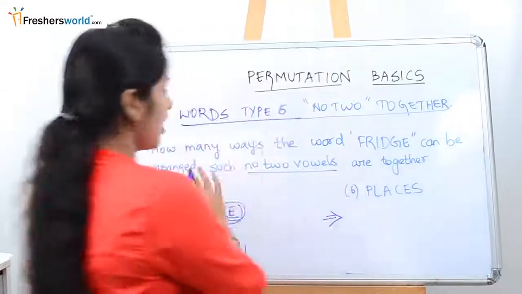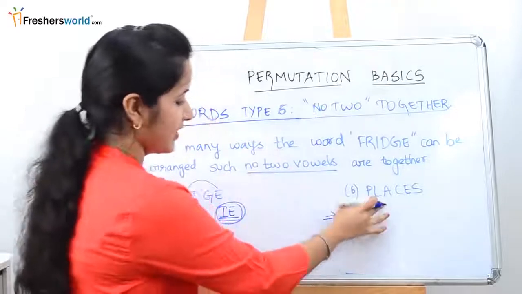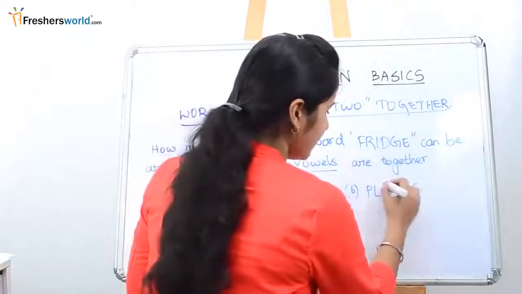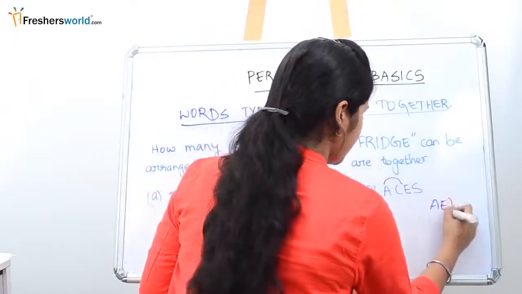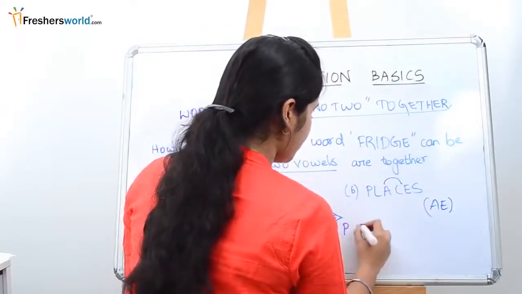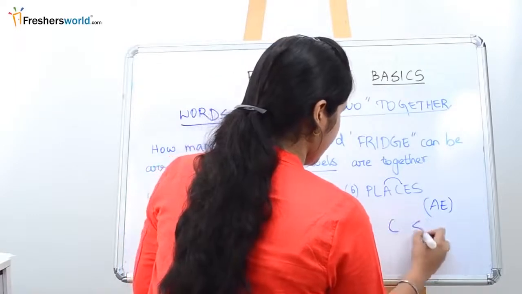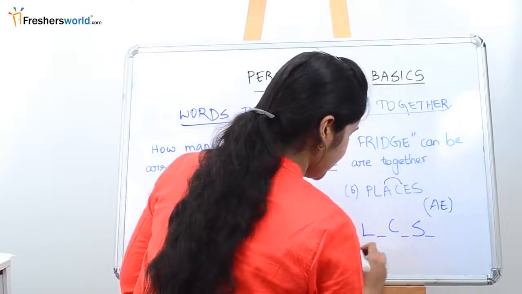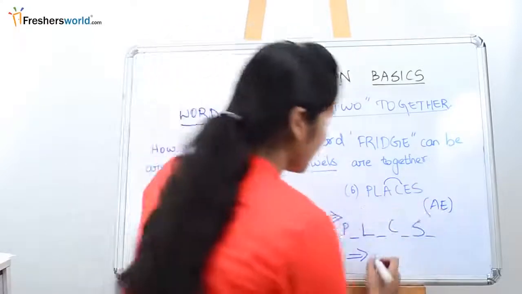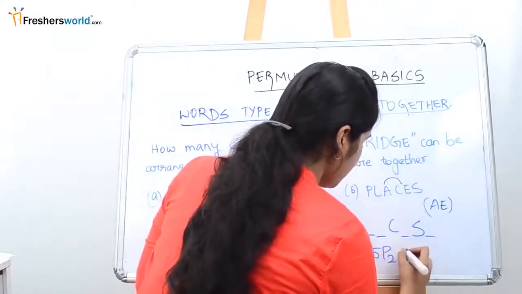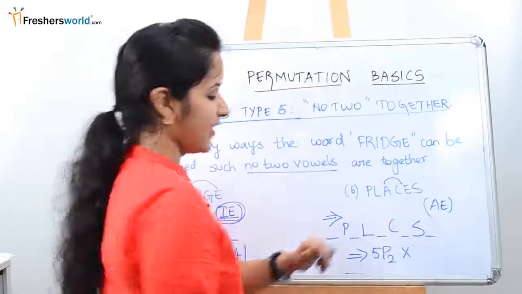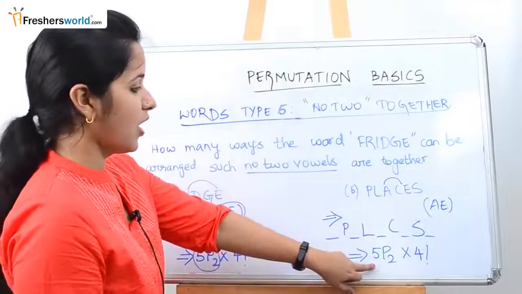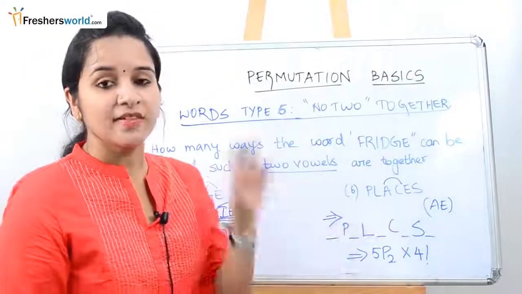So they are saying how many ways the word places can be arranged when 2 vowels are not together. So what are the vowels here? A and E. So write them separately. What are the remaining letters? We have P, L, C and S. What are the various spaces we have? So we have 5 spaces, out of which 2 vowels have to be arranged. 5P2 into, what are the remaining letters that we have? 4 factorial. So once you solve this, you will know how many ways places can be arranged when no 2